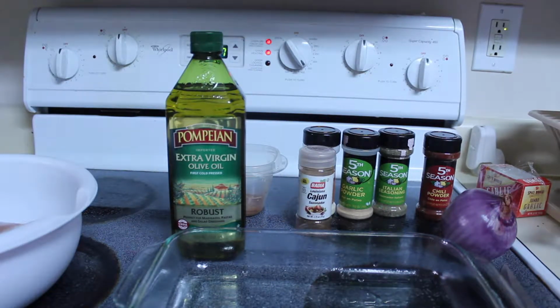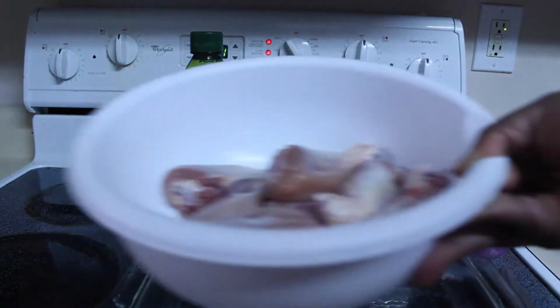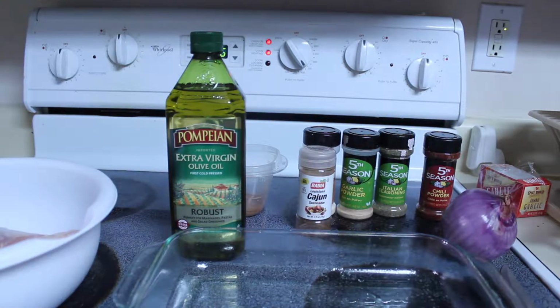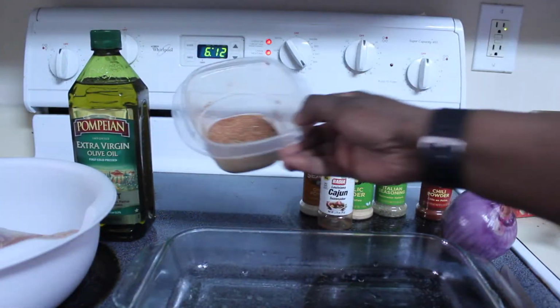So the first thing I did was peel the skin off of all of my chicken legs and wash the chicken legs, because they're going to be skinless, cooked healthy, a healthier version. I think when you take the skin off, it just gives you a much healthier taste and it's better for you. And then I made my rub, which is here,